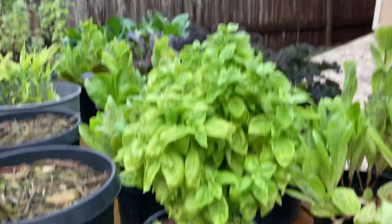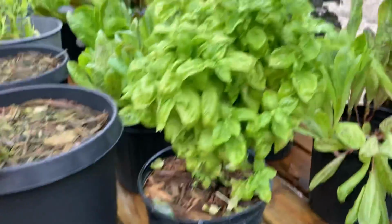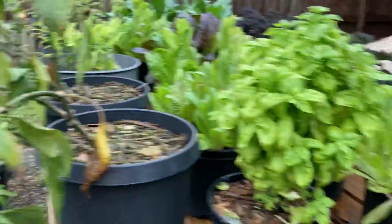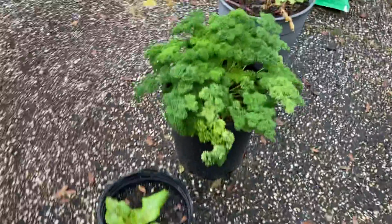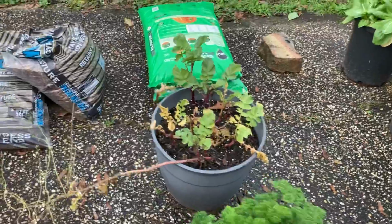Basil, it should have been the end of the season for it already, because it should have been cold, but it's still here because it's still warm. So for now, that's still doing okay. Parsley is doing great. The radish bucket, I'm gonna clean that out, pull all those out, because this one kind of went to seed,